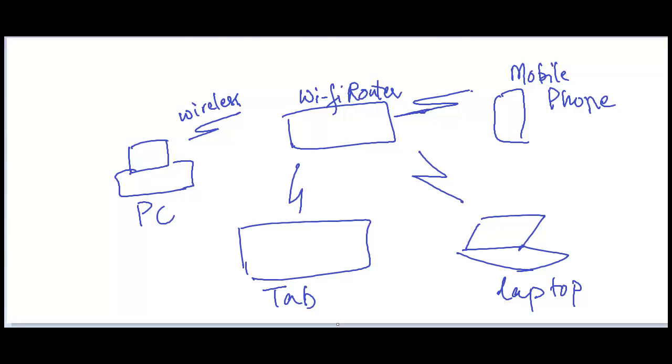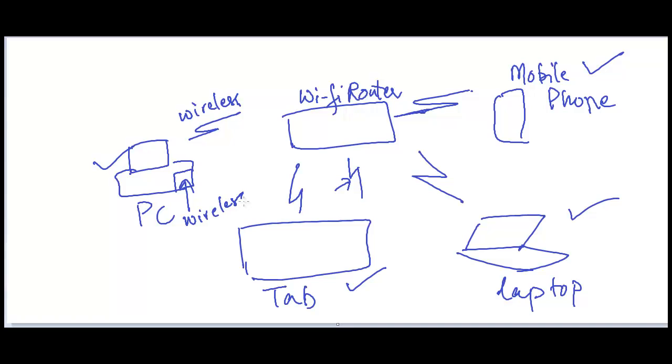So how about the network at your home, where you have your personal computer, your tablet, your laptop, your mobile phone? They are all connected to the Wi-Fi router through a wireless connection. This symbol is used for wireless connections, right? So they are all connected wirelessly to the Wi-Fi router. So what do you have in your laptop or your PC or the other devices that allows you to connect to the Wi-Fi router? Well, what you have here is what you call a wireless LAN card.